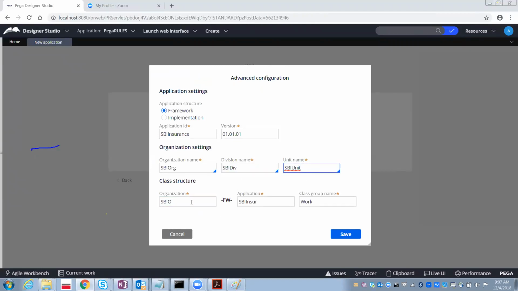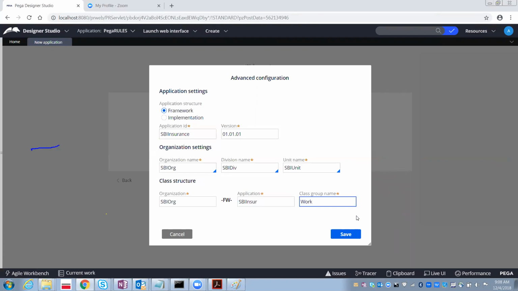Under that organization, I have given SBI ORG. This is just an application ID. This is the application name which it is going to create. And this is the class group name. So class group, you remember, right? What is the class group?